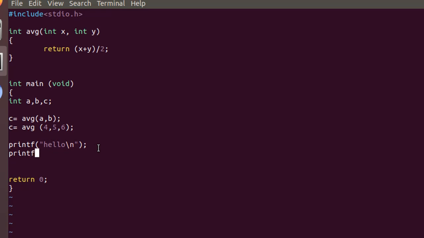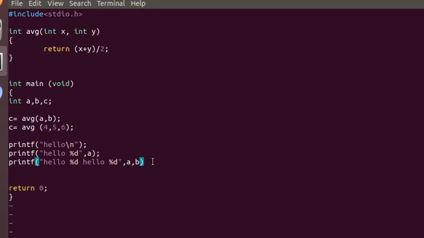But if I write printf hello percent d comma a, now it has two arguments. Printf hello percent d hello percent d, now it has three arguments: 1, 2, 3.